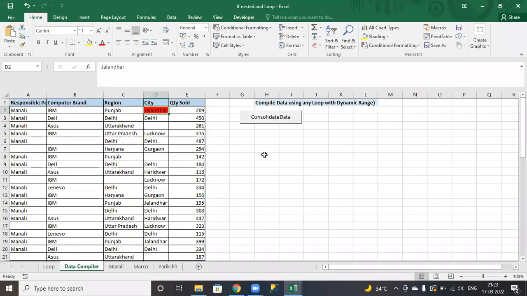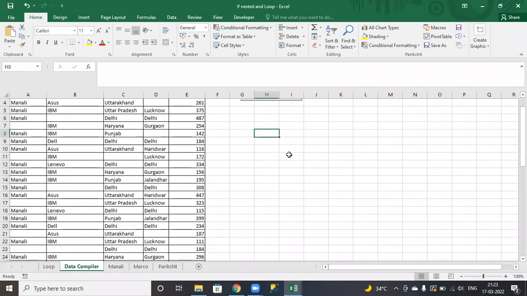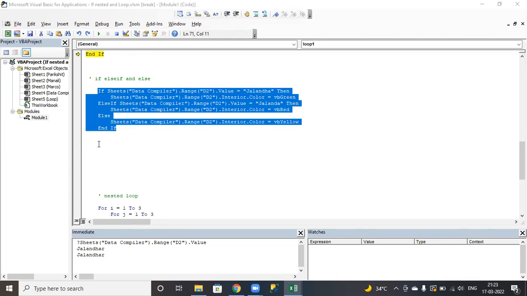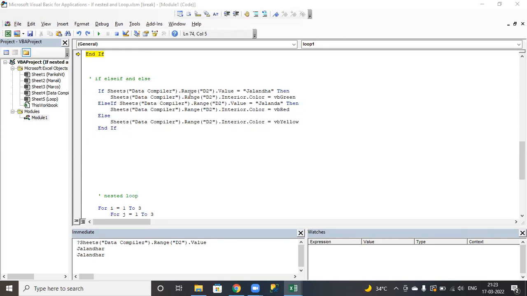I'll say 90, 60, 35, 20. So I'm just giving one example. I'm just copying this and I'll write down that if data compiler